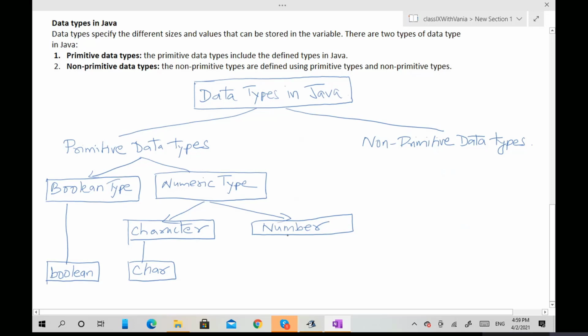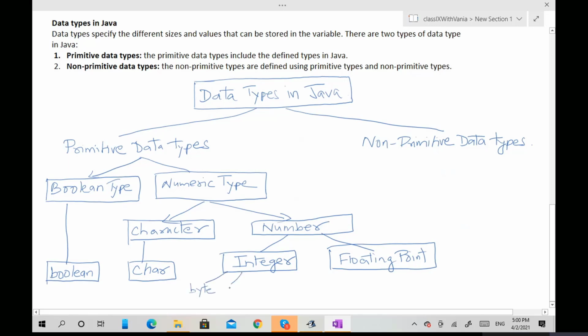Now number is divided into two parts. One is called integer, and the other is floating point. You understand integer, right? Integer is of four types. The first type is byte. The second type is short.